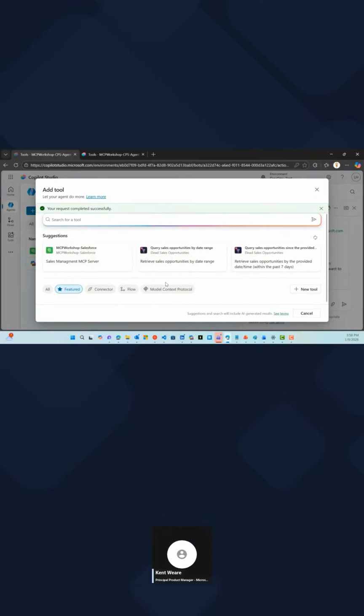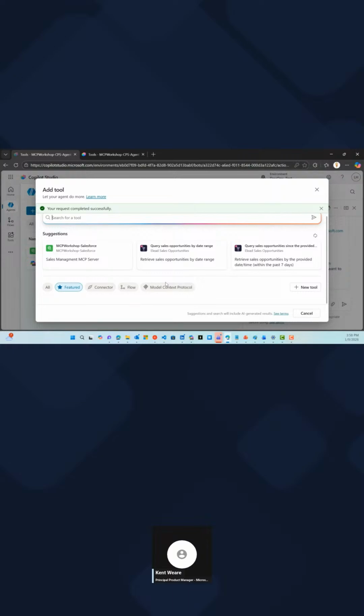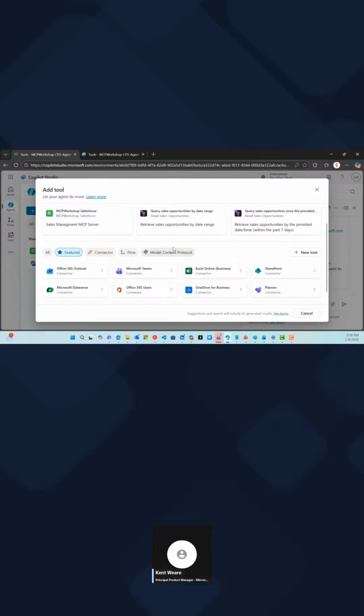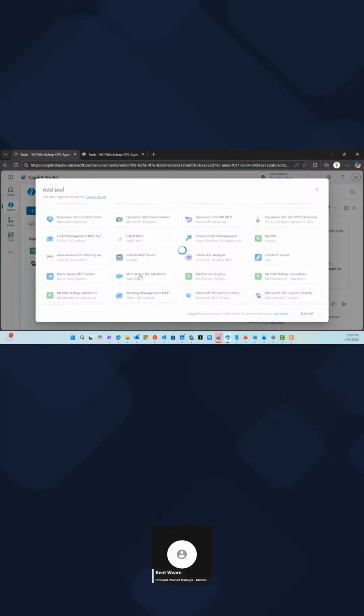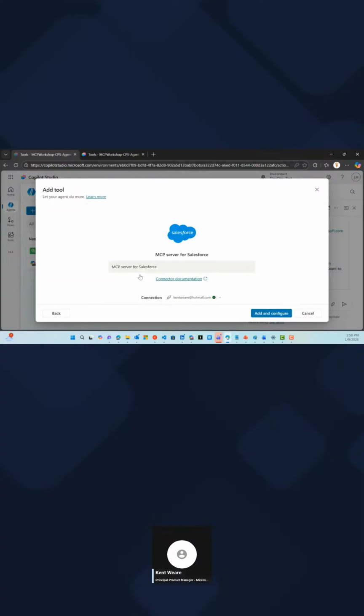And part of the reason for this is because we've gone through that configuration experience where we choose the entity that we want to interact with. That's something that doesn't exist on the MCP server for Salesforce. It's going to ask you to provide basically their query language. It's not a bad tool for querying data from Salesforce, but I would argue it's not a great tool for creating data, because this is not something that you can configure. You might be able to provide a query, but it's not the same as calling a